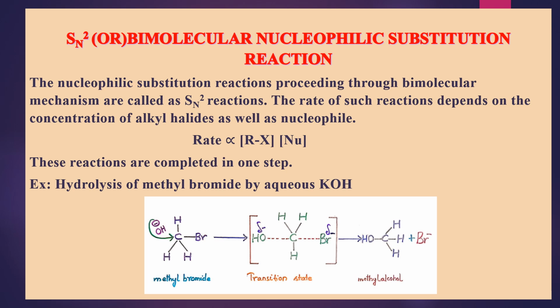We also have learned about SN1 reactions, which are also called unimolecular nucleophilic substitution reactions. We have seen what SN1 reactions are, the stereochemistry of SN1 reactions, the energy profile diagram of SN1 reactions, and also the factors affecting the rate of SN1 reactions. Hope you have watched all those videos, students. Kindly watch and write down all the points.